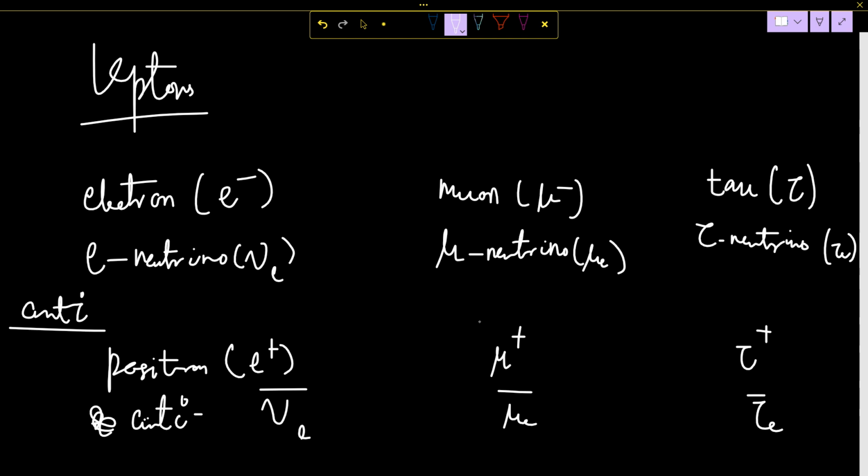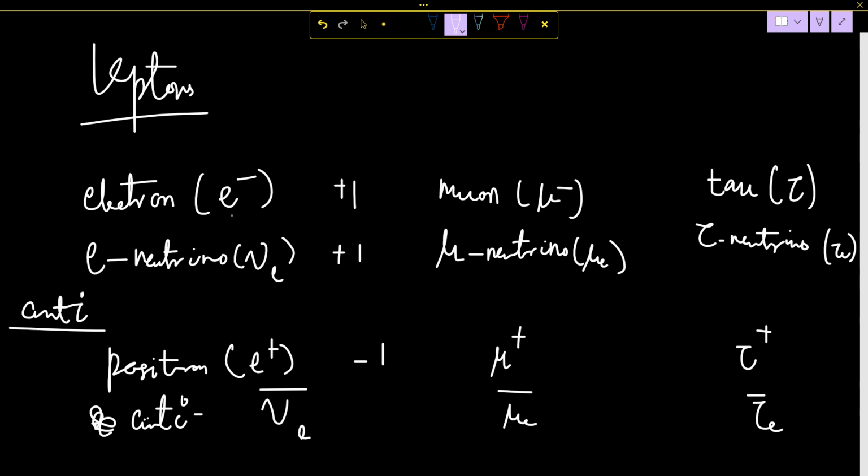There is an interesting thing called lepton number. All the leptons have their lepton numbers. The lepton number of the electron is plus one. Keep that in mind. The lepton number of the electron neutrino is plus one. But the lepton number of the positron is minus 1. You will find it awkward because the charge is plus 1, but the lepton number is minus 1.